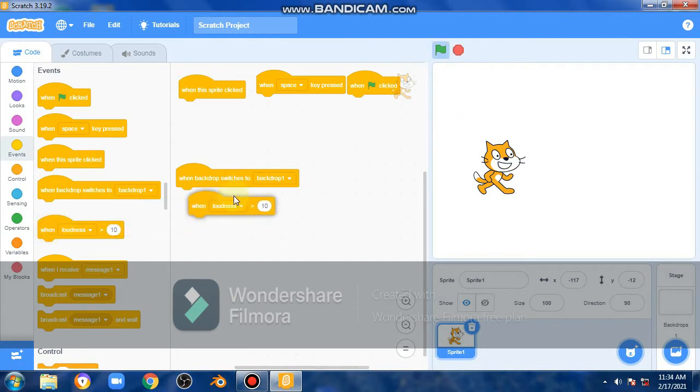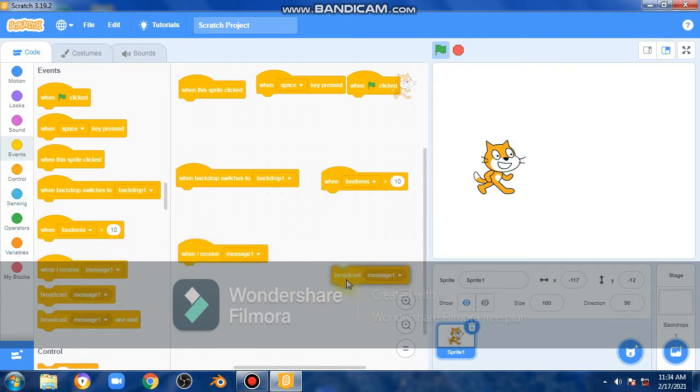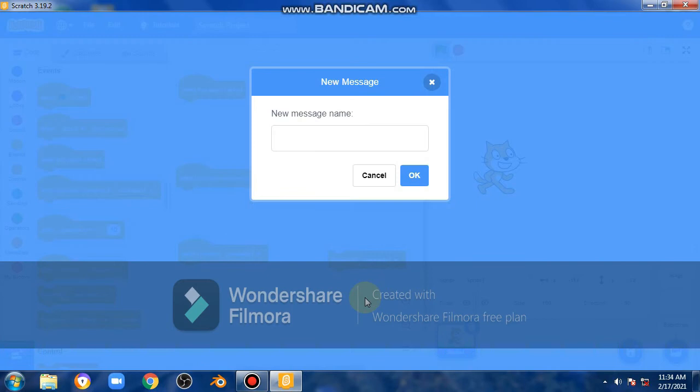Then here it is when loudness, which is the voice of this sprite. Then when I receive message, okay, this is broadcast, which means we can send a message, like new message hello.